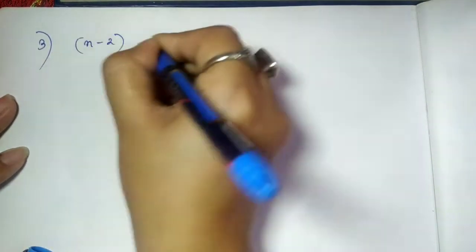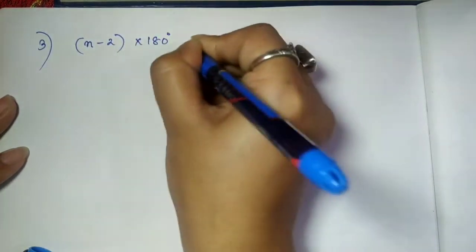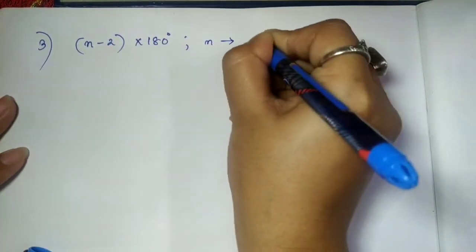Now let us see what is given in question number 3. What is the sum of the measure of the angles of a convex quadrilateral? Okay, so it's the sum of measures of all the angles of any quadrilateral. There is a formula actually to find out the sum of the angles of a quadrilateral. This is (n minus 2) into 180 degree. Okay, and what is n? N is the number of sides.